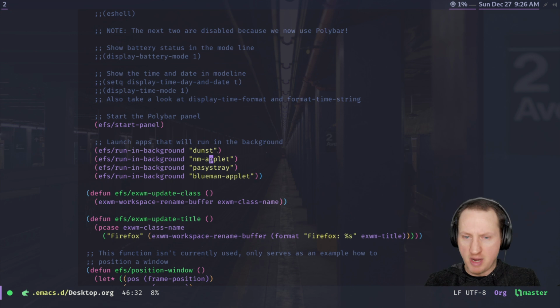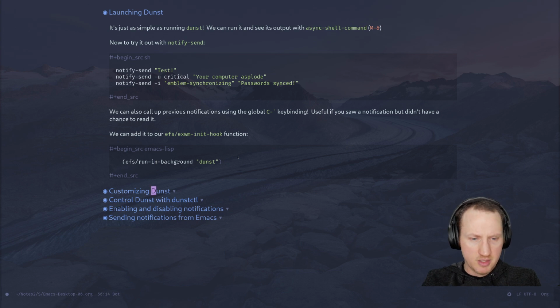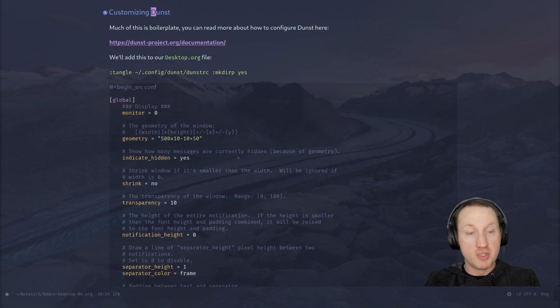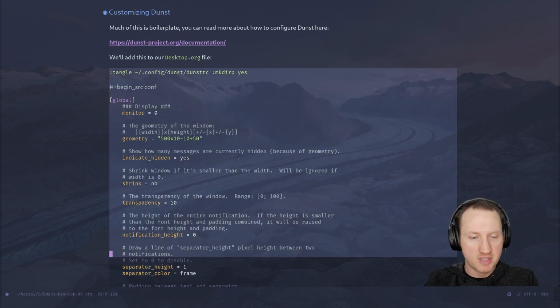So we don't really need to try that because it's just going to run Dunst. We already know that these other applications are running at startup, so we'll move on to the next thing. So what we want to do now is to set up a basic configuration for Dunst. And this is basically just a ripoff of my own config, but I'll tell you how you can customize it